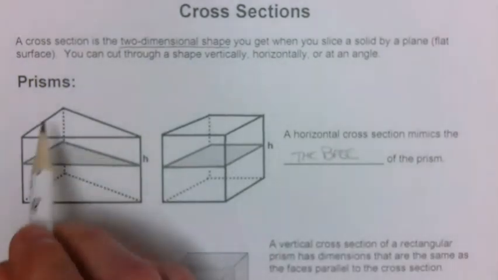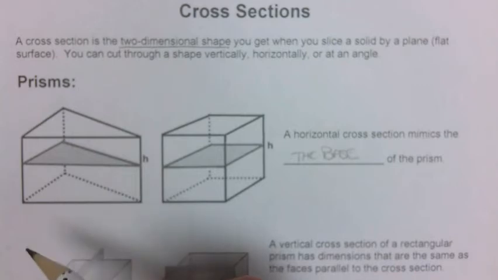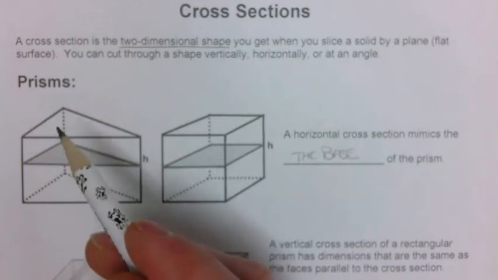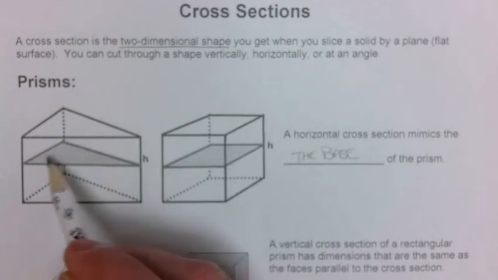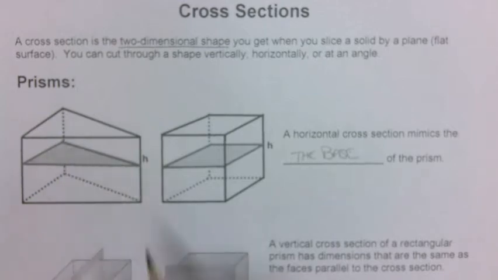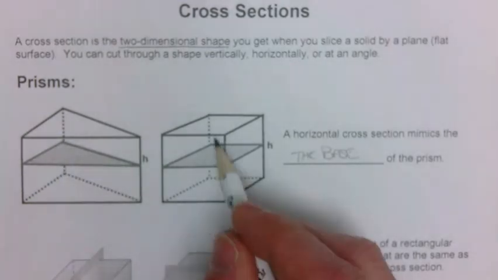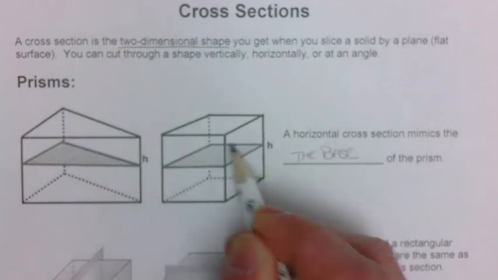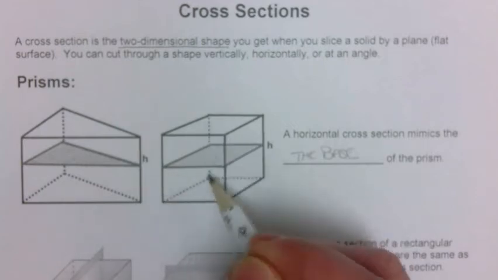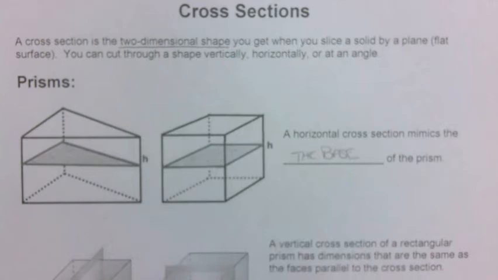Okay, so this is a triangular prism. When we slice horizontally, parallel to the 2 triangles, we get a triangle as the cross section. That's what this is right here. This is the triangular cross section. Same thing with our rectangular prism. If I slice horizontally, parallel to the 2 top and bottom faces, I again get a rectangle that is a